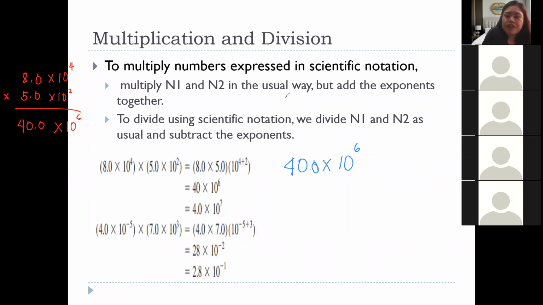What is our rule for scientific notation? The capital letter N should be 1 to 9. This is 40, so we should adjust. We move the decimal point to the left so that it becomes 4. So it is now 4.0 or 4.00 times 10 raised to the power of